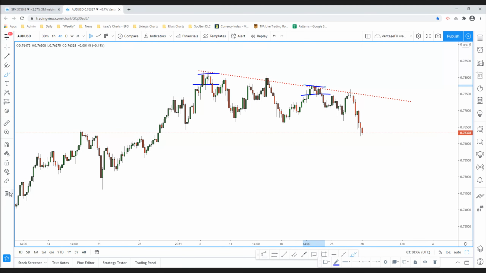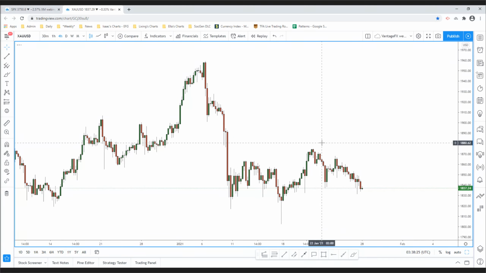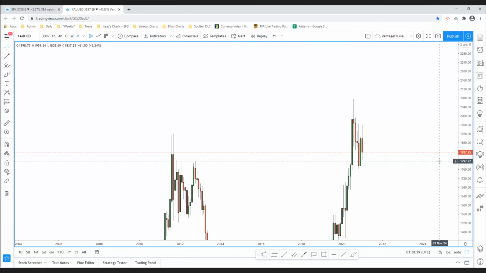Okay, so this is how we actually combine the use of multi-time frame analysis together with trend reversal patterns to try to see whether the markets are really in effect reversing. All right, so I'm just going to go to gold. And let's start off with the longest time frame. Okay, I'm going to pick